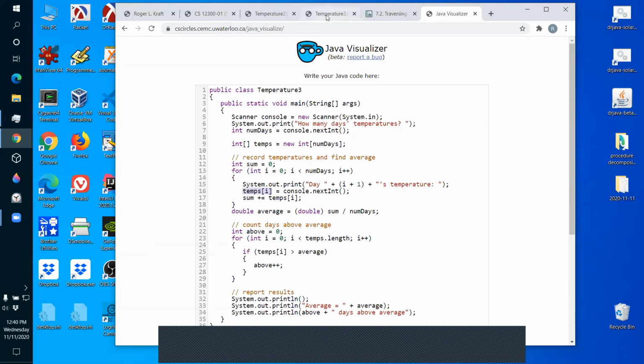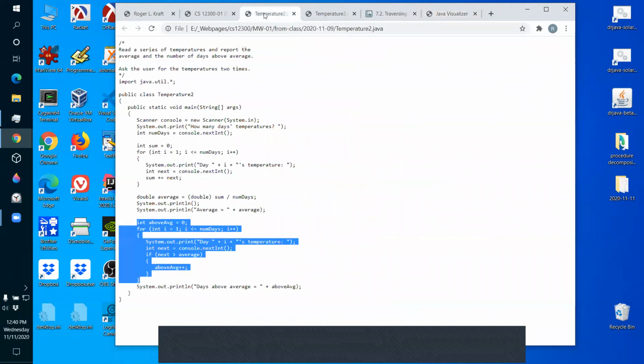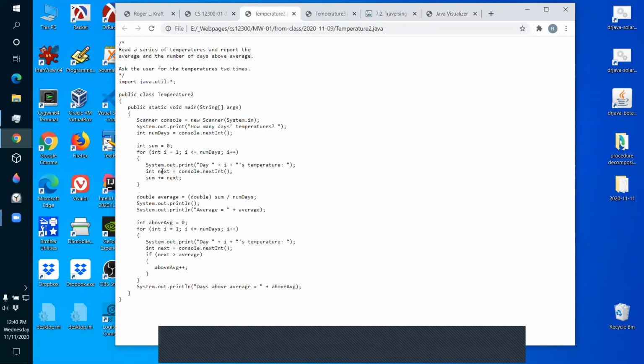Now notice before, every time I read a number in, I read it into the same variable. So you would read a number into the variable next, add next into the sum, loop around, get another number, and clobber the number that was there before with the new number, and then add the new number into the sum.